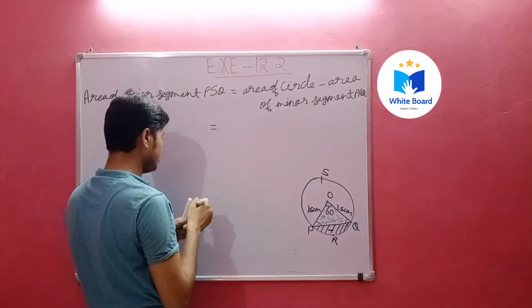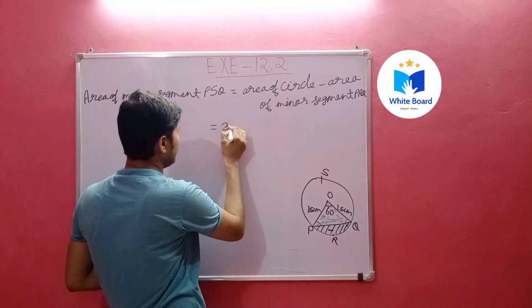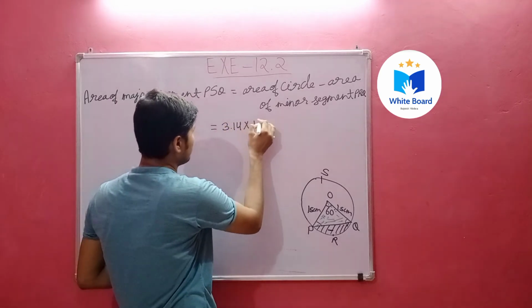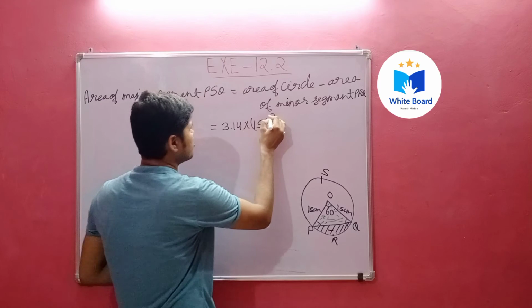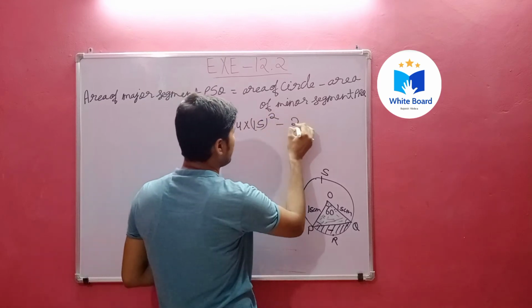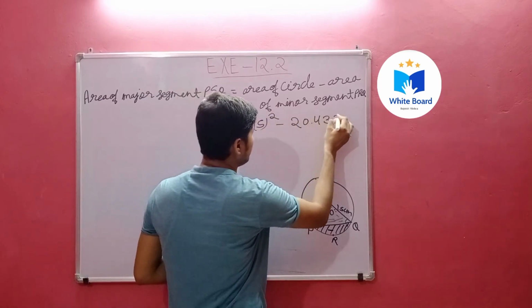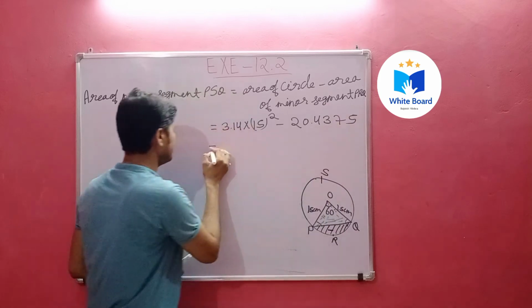The area of the circle is pi, 3.14, into r squared, minus the area of the minor segment we have already found, 20.4375, and this is equal to